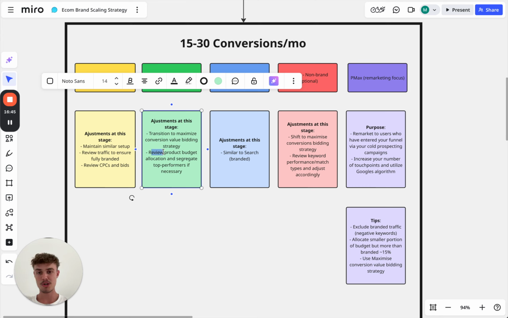Now, make sure you also review your product budget allocation and segregate top performers if necessary. So if you find that you have a lot of your spend going towards one or two products, which tends to happen in these shopping campaigns, let's say all of your spend's gone towards one product and it's doing well, but none of your other products are getting any spend. What you want to do is just leave that product in that campaign and disable all other products, create a new shopping campaign where you run all those other products, and then let Google push spend towards them,